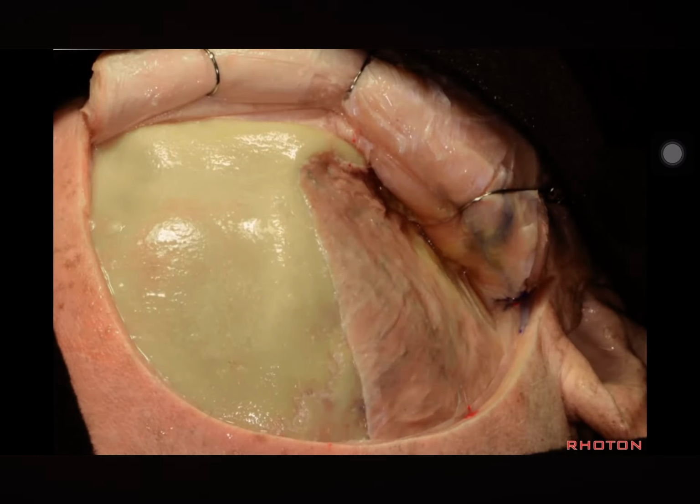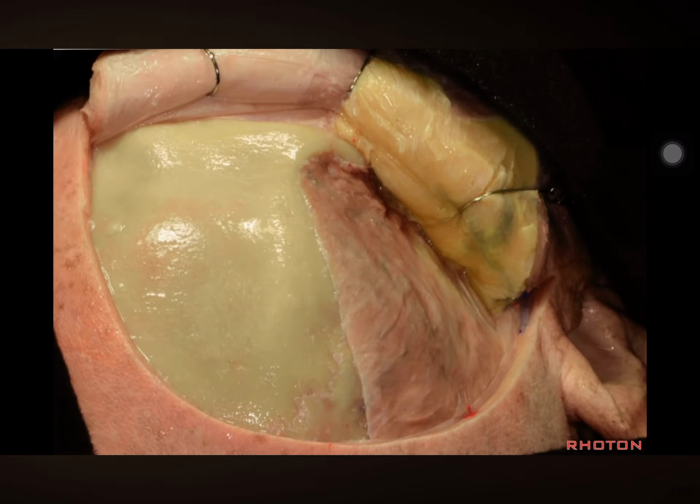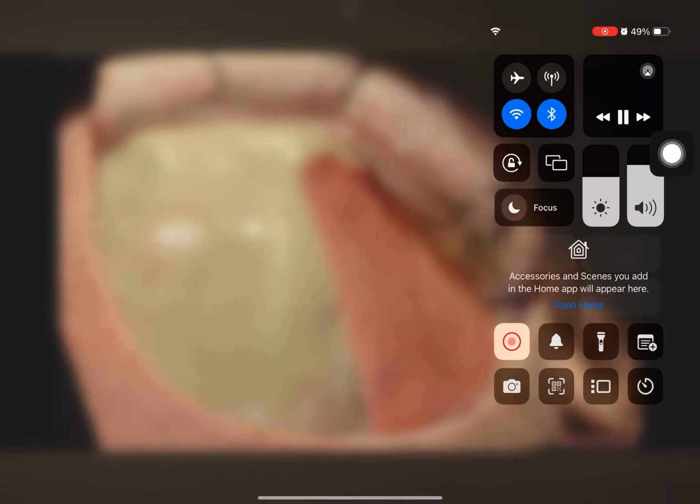Now the other approach is at the upper margin of the exposure laterally to go under the temporalis fascia, between the temporalis fascia and the temporalis muscle. We call this